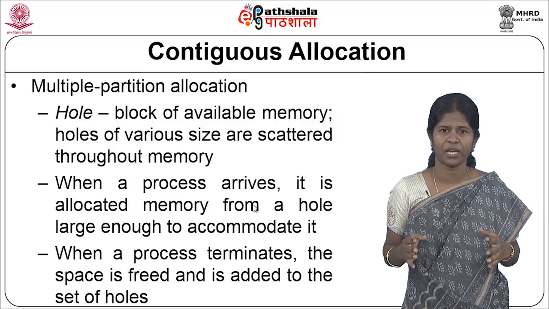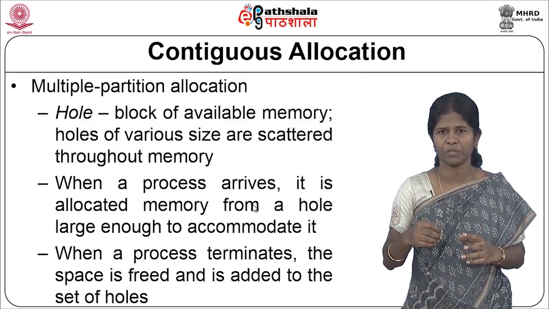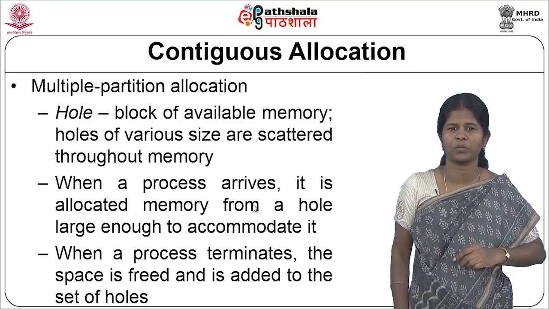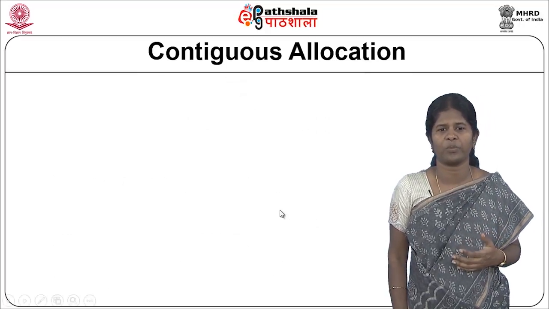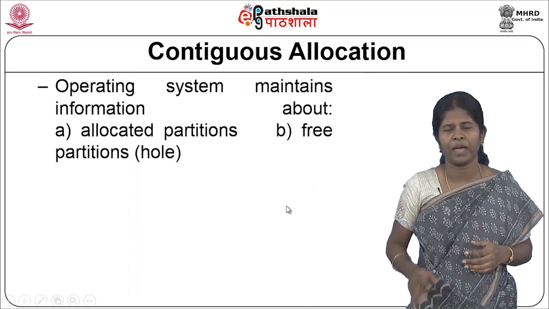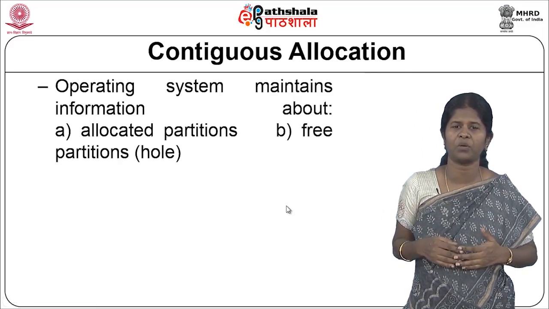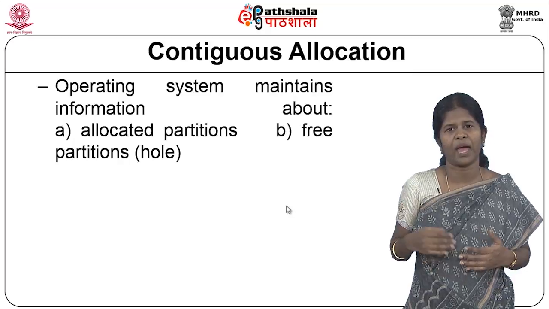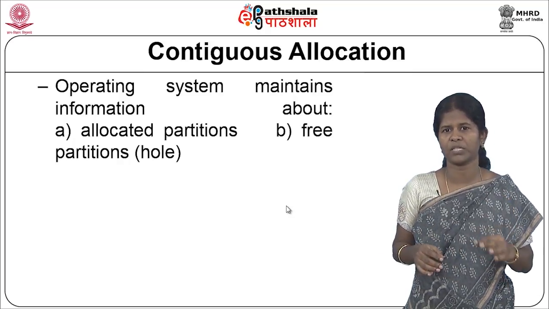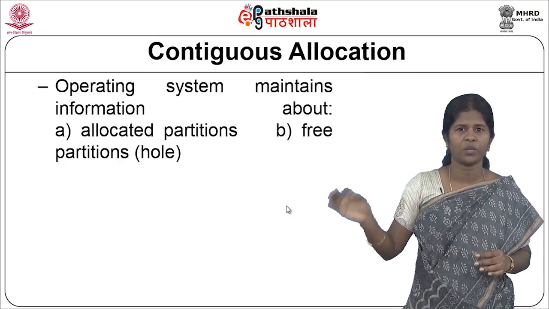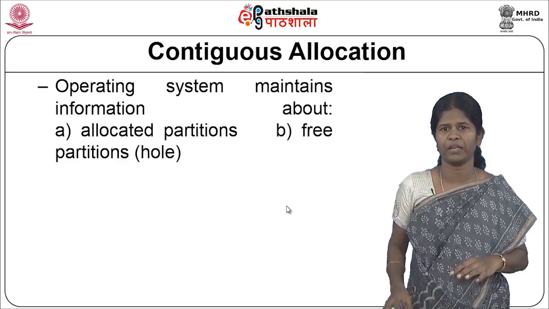So, at some point in time, you will have a number of holes, and any process that comes in will be put into any of these holes, that is, a hole which is large enough to accommodate that particular process. And for implementing this, the operating system should have information about the allocated partitions and the free partitions. So, you have the list of holes, and you know which holes are allocated and which holes are free. So, whenever any process comes in, it is put into the hole which is free and large enough